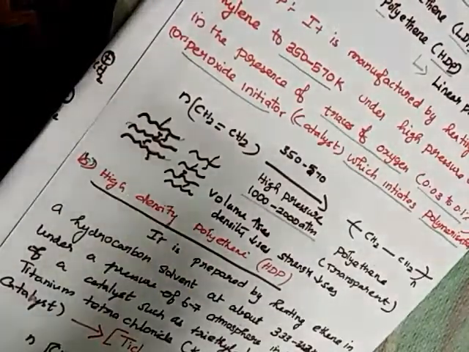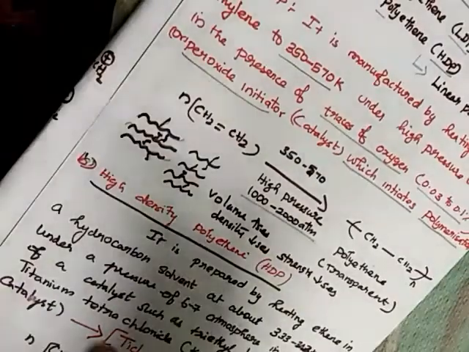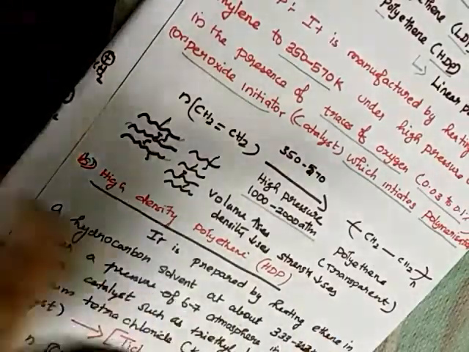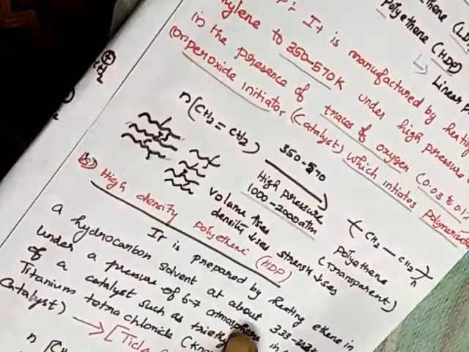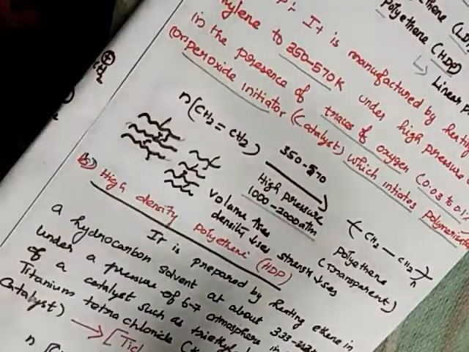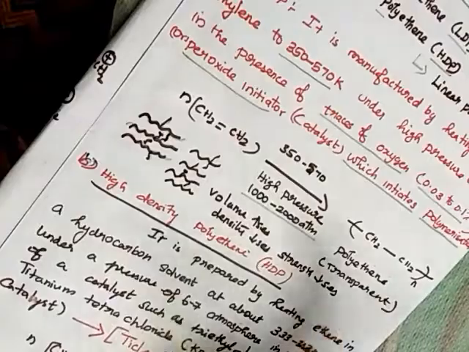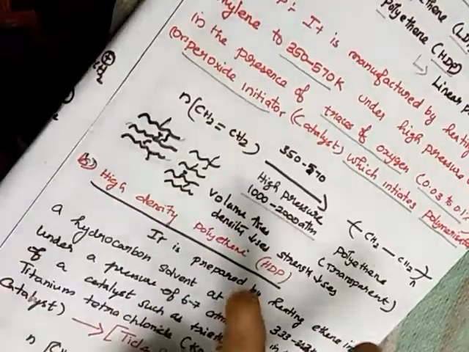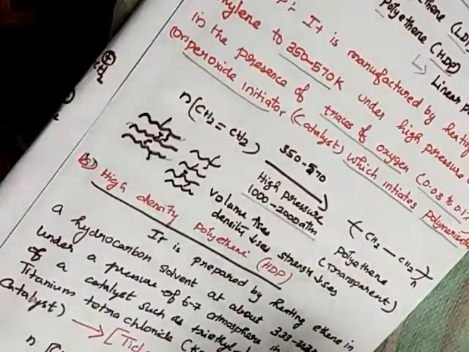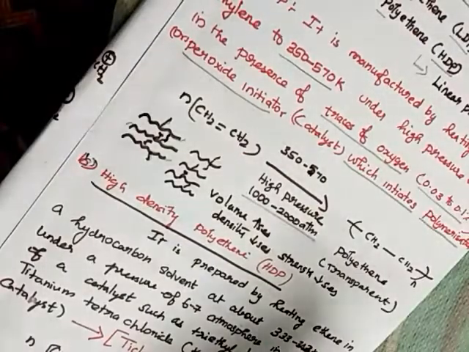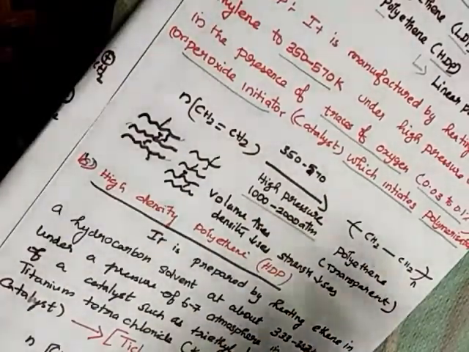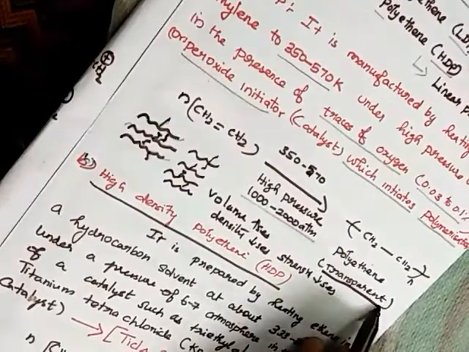Okay, so is it clear, children? So low, the naming itself, you can come to know that it is low density polythene. It is low because of the branched chain. They move far away from one another and occupy much volume. The more the volume, automatically the molecule will be less dense. If it is less dense, the strength will obviously decrease. So the molecule seems to be transparent. Low density polythene is very less dense, so what will happen, children? The molecule will be transparent.